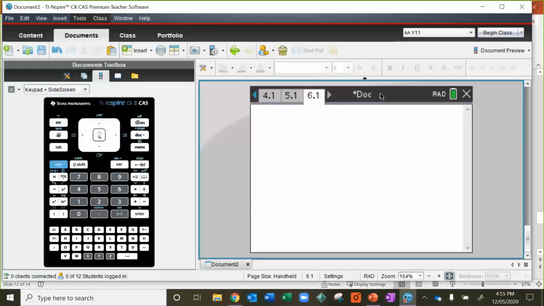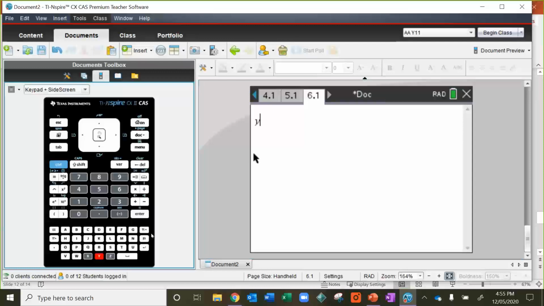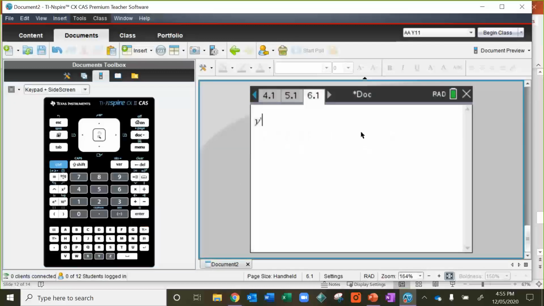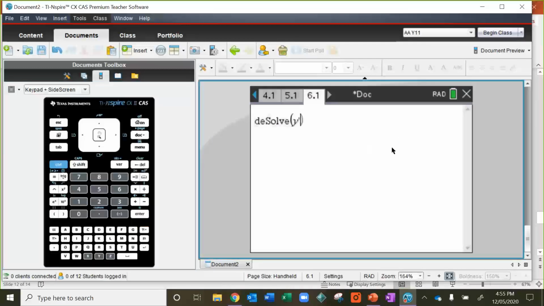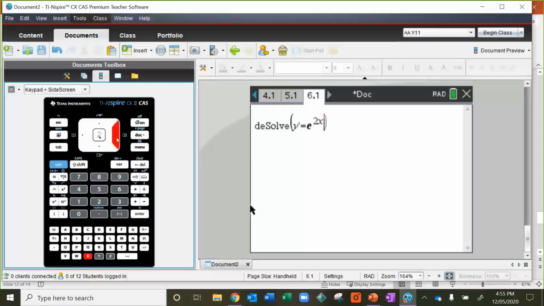So our differential equation this time is y dash is equal to e to the power 2x multiplied by 1 plus y squared. You would recognize that if you solve by hand, that would be separation of variables as well, comma x,